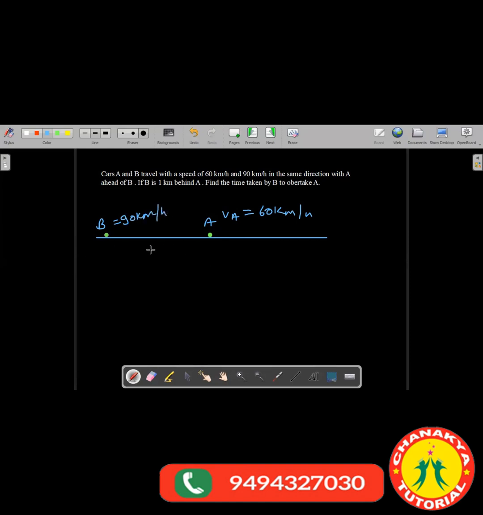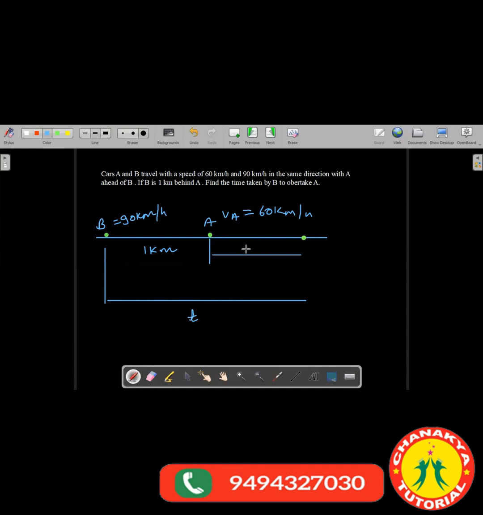So they are just 1 kilometer apart from each other. I want you to tell me how much time it will take for B to overtake A. Let us say they both meet each other at this point. So suppose B is able to overtake A at this point. Okay. So let us say after some time T, B is able to overtake A, and during